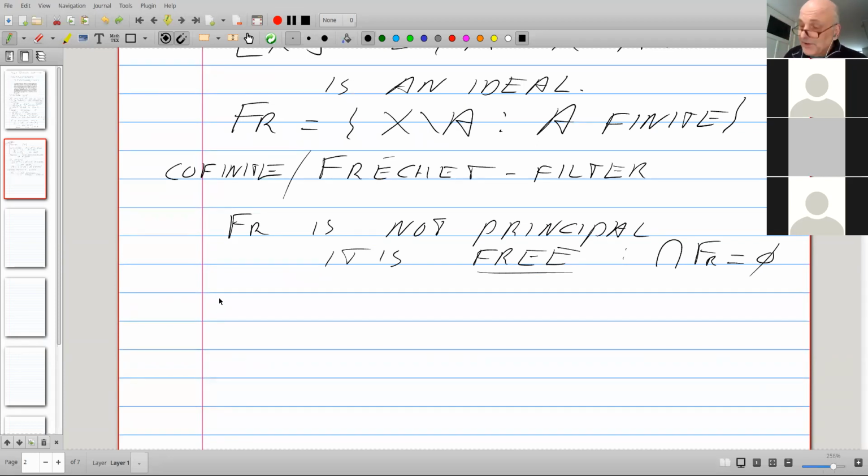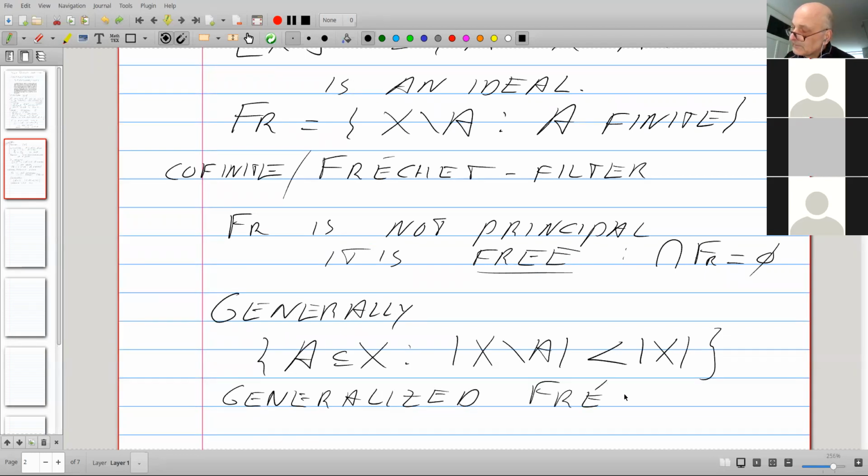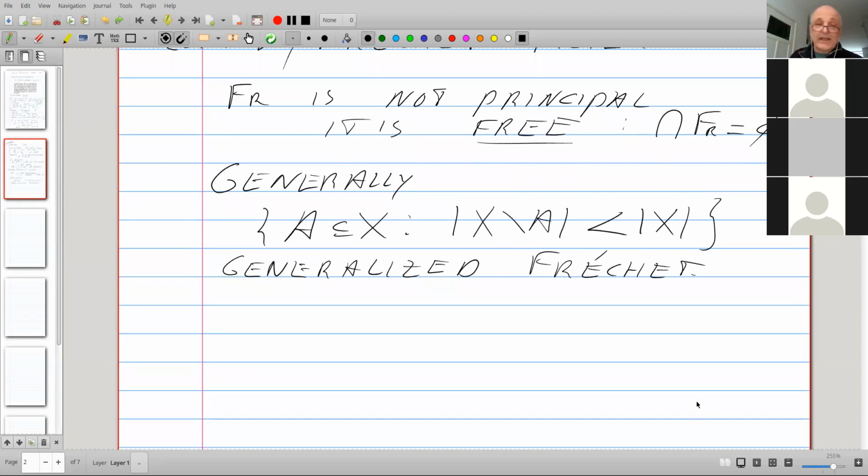You can generalize this, of course. If you have an uncountable set, say omega 1, that's the first uncountable set, you can take all the sets with countable complements.